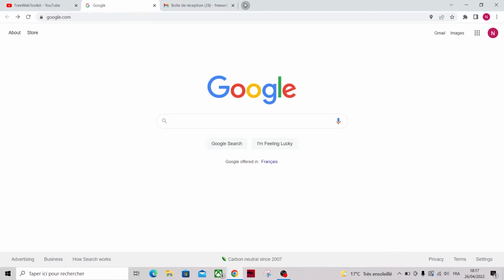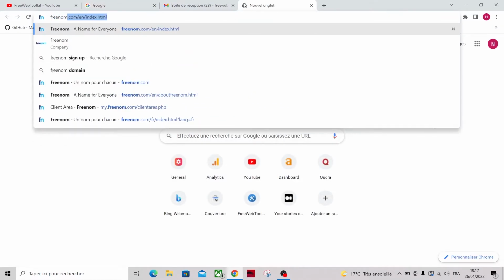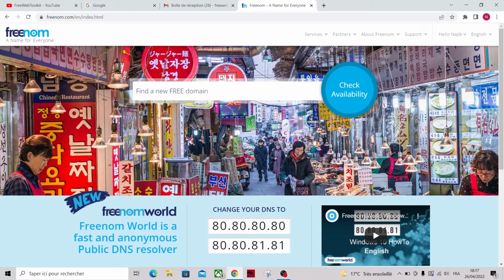Okay, so the first thing is to get a free domain. So go to this website, freenom.com. Here you can register a free domain name. This website provides 5 free extensions, .ga, .ml, and so on. Avoid using .tk as it will not work with the hosting we're going to use. So let's search for freewebtoolkit.ga, for example,